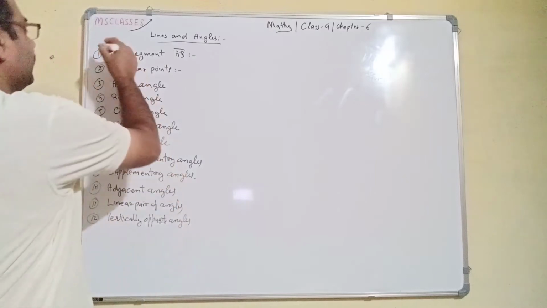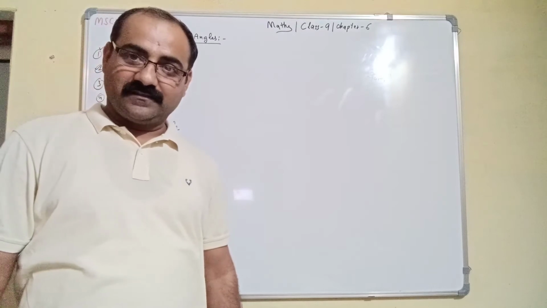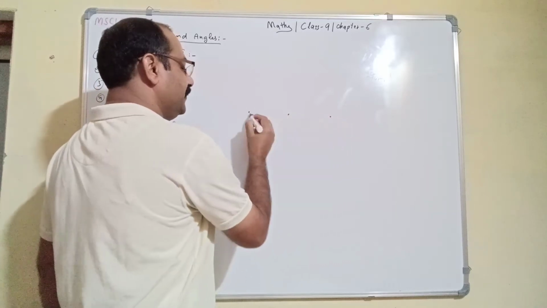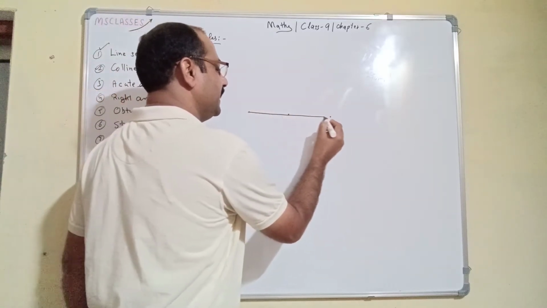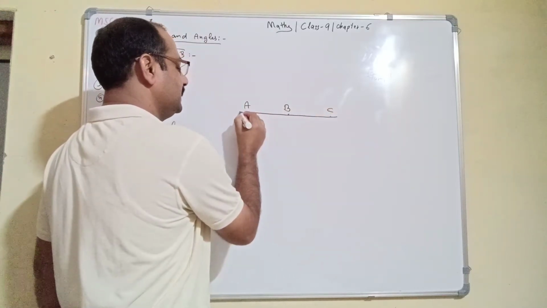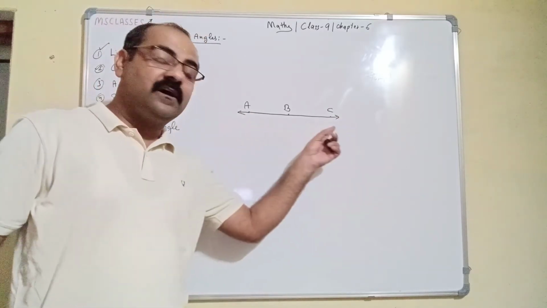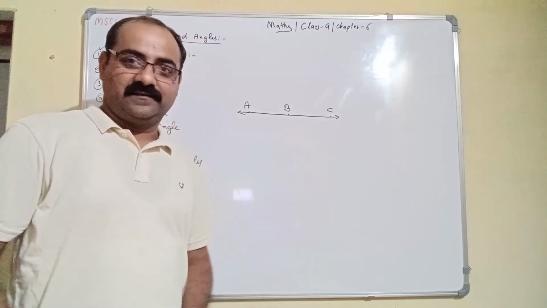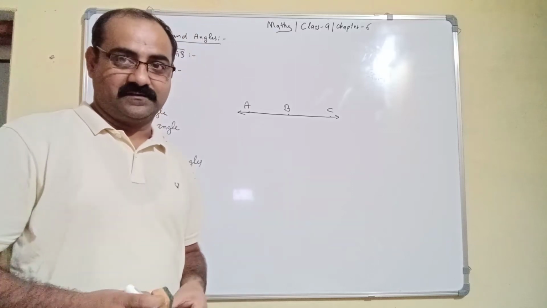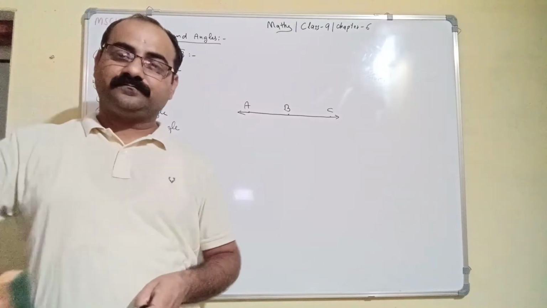So after that, what is our second point? What are collinear points? Okay, so guys, the collinear points are those which are on the straight line. Let there be 3 points A, B and C. These points are collinear when these all are on the straight line. If any point is outside the line, then these points are non-collinear.